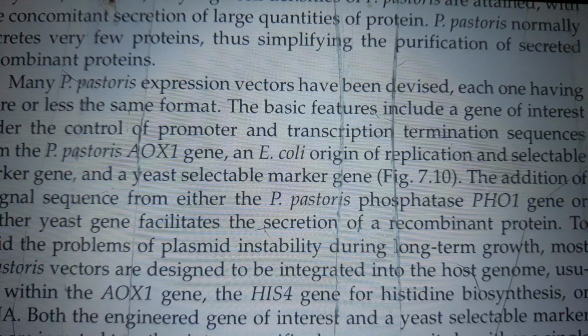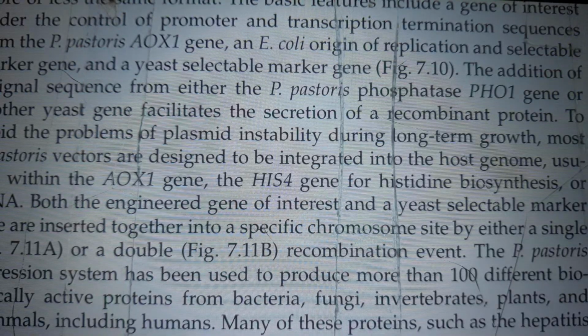Many P. pastoris expression vectors have been devised, each one having more or less the same format. The basic features include a gene of interest under the control of a promoter and transcription termination sequences from the P. pastoris AOX1 gene, an E. coli origin of replication and selectable marker gene, and a yeast selectable marker gene, figure 7.1. The addition of a signal sequence from either the P. pastoris phosphatase PHO1 gene or another yeast gene facilitates the secretion